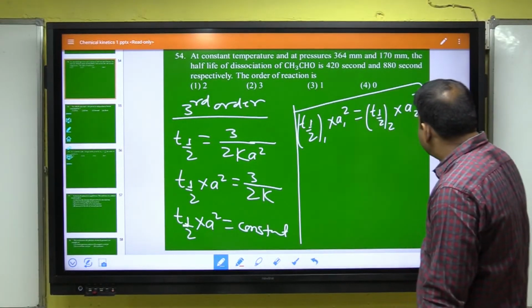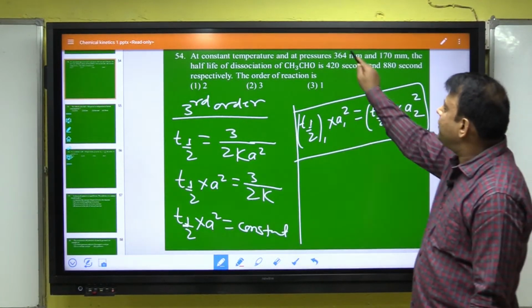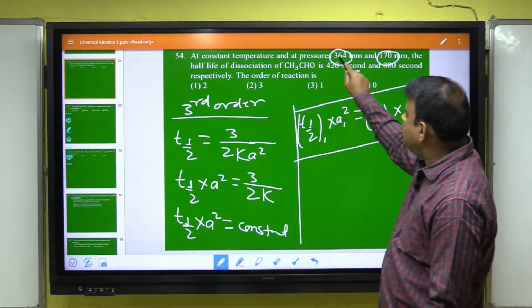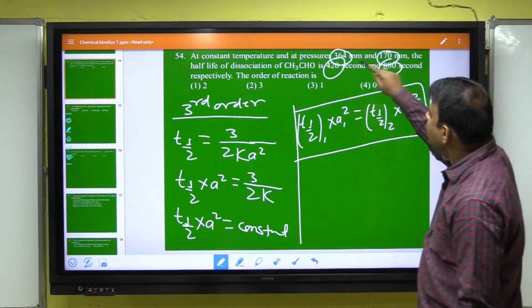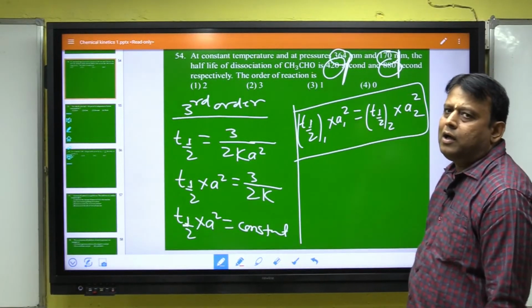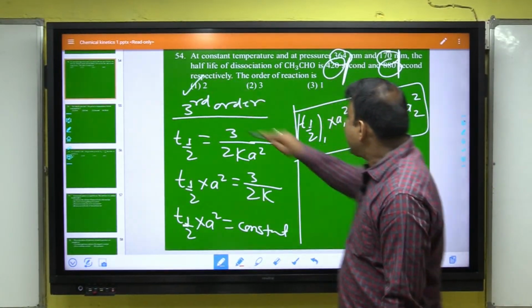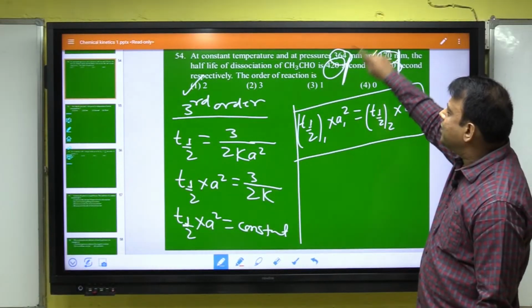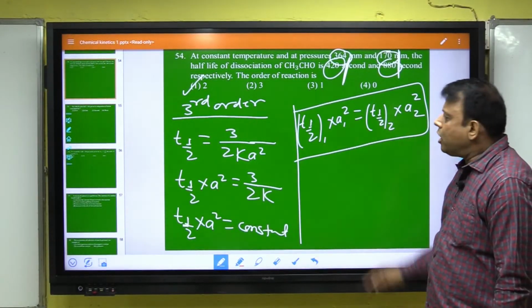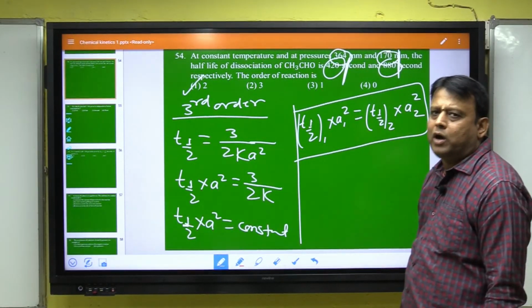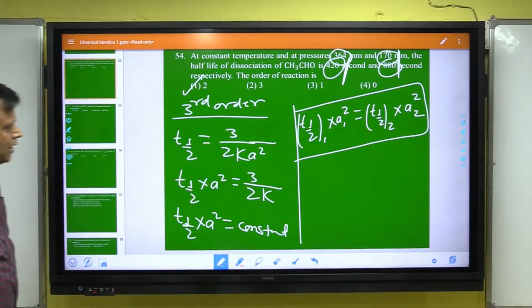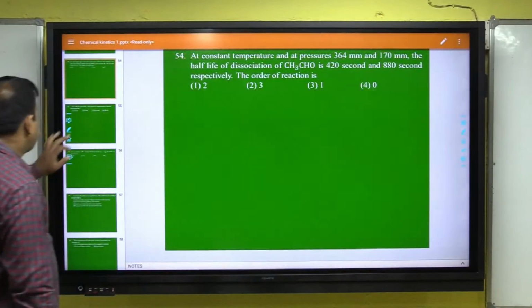ये थर्ड ऑर्डर का रिलेशन आपके क्वेश्चन में यहां 364 170 है, बट यहां पे जो टाइम दिया है 420 और 880, आप ये दोनों को मल्टीप्लाई करेंगे, अप्रॉक्सीमेट इक्वल होगा, और इसीलिए ऑर्डर क्या होगा सर। अगर आप A का स्क्वायर करते तब मल्टीप्लाई, तब जाके थर्ड होता, और इसीलिए यहां पे ऑर्डर सेकेंड ऑर्डर रिएक्शन। क्लियर? नेक्स्ट 55,